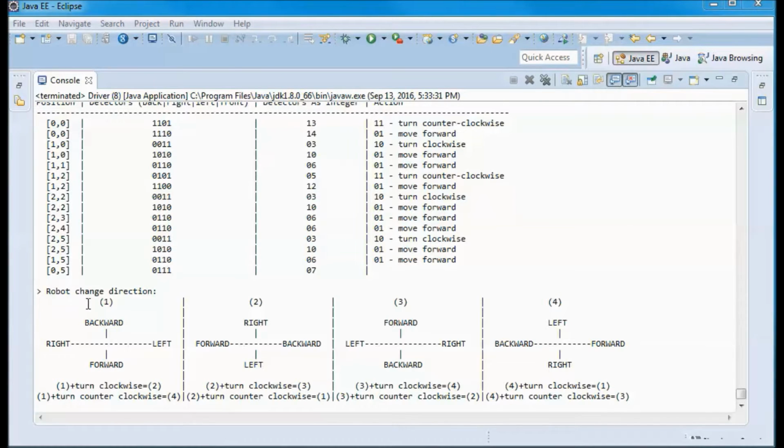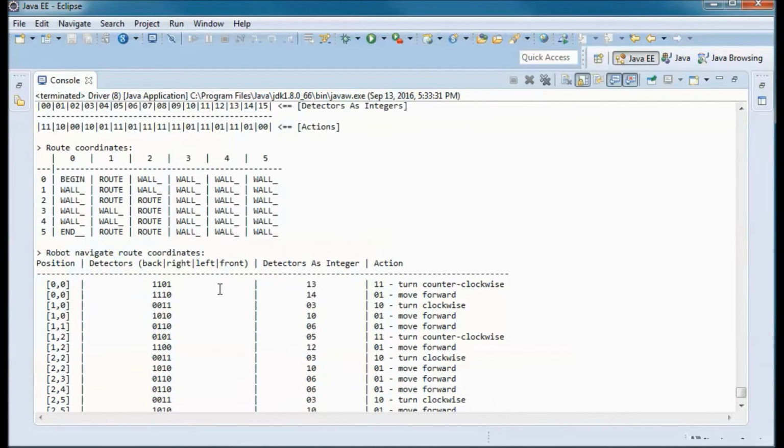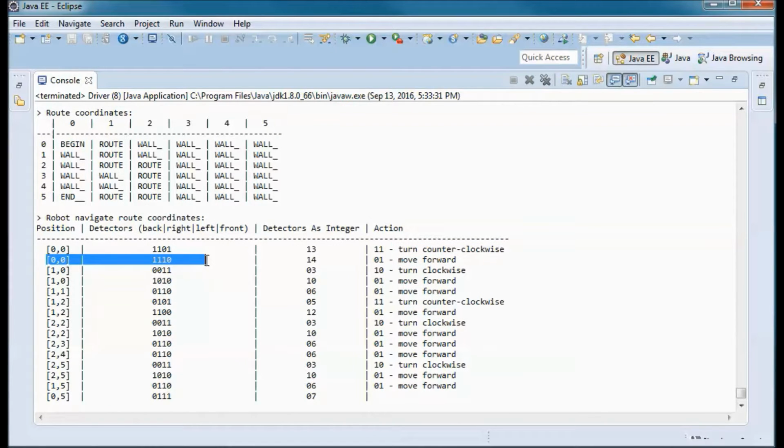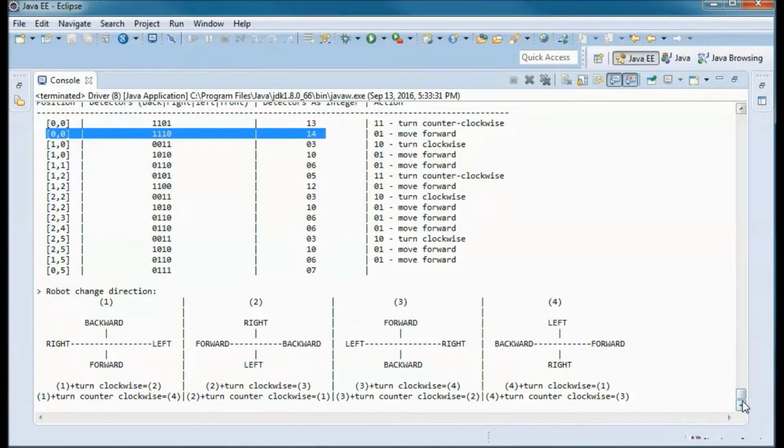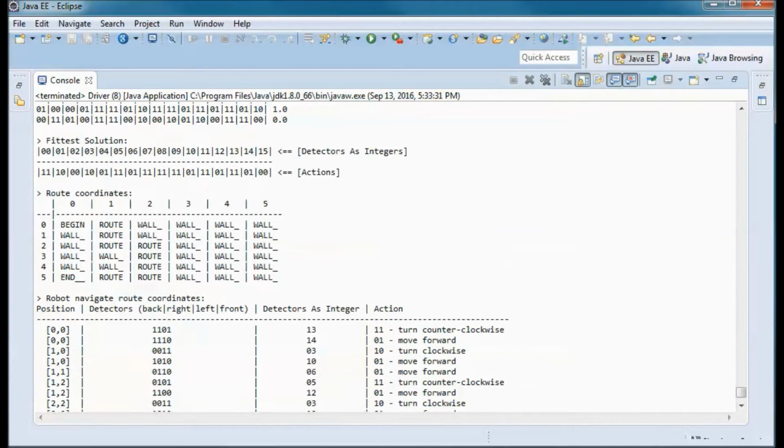So initially the robot is in this position. So forward has a wall, so to overcome that it turns counterclockwise, and now it is in position 4. So forward is this way, so it goes ahead and moves forward,